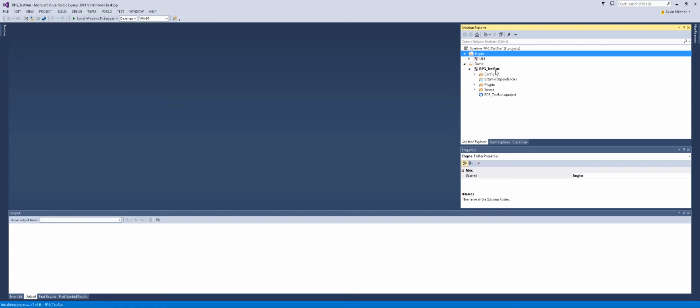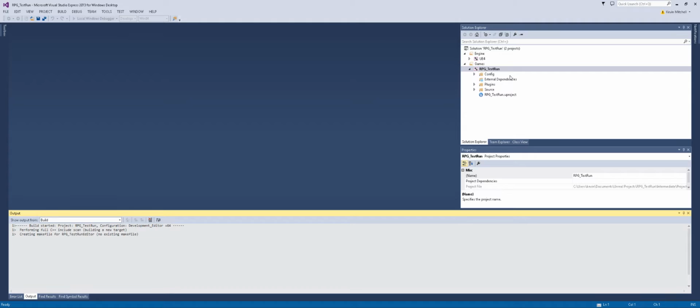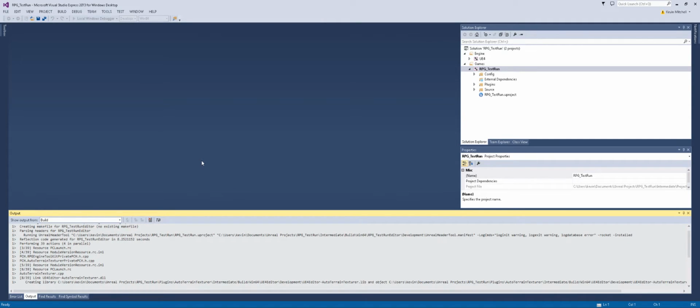Okay, so I have now this that should compile and run, and I should be able to see my plugin in the plugin settings. And while that's doing it, I'm going to open another one